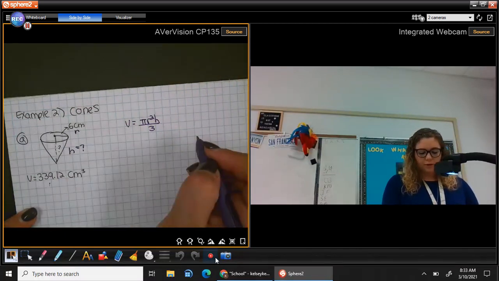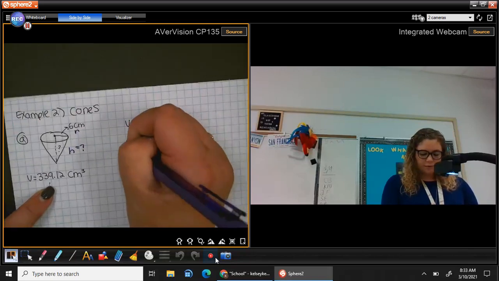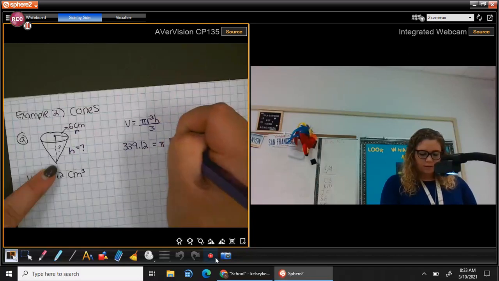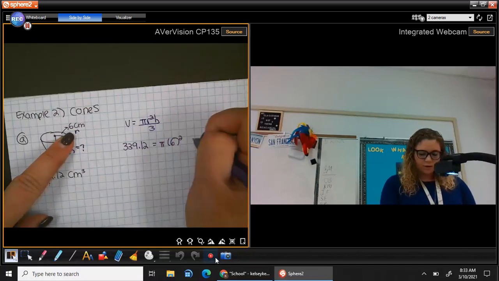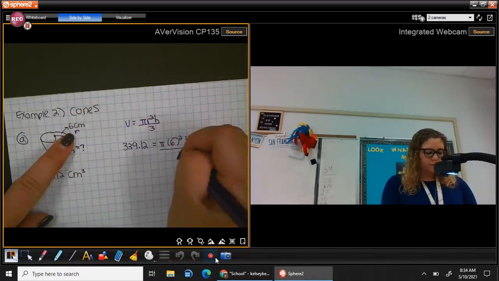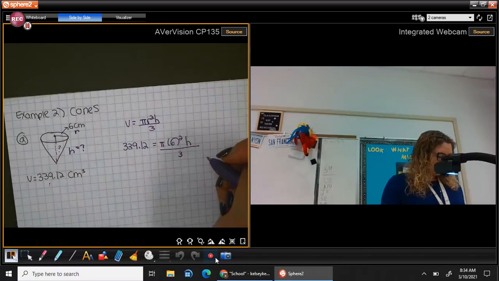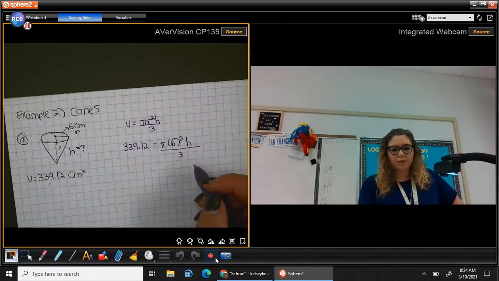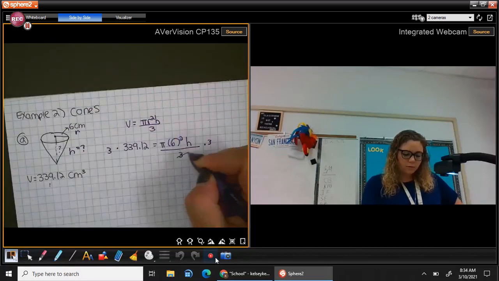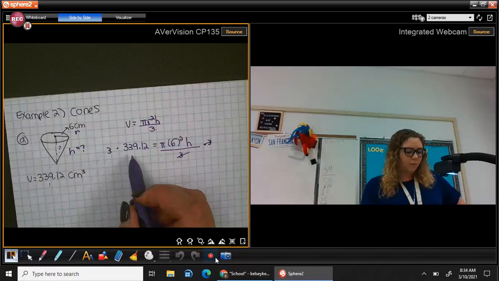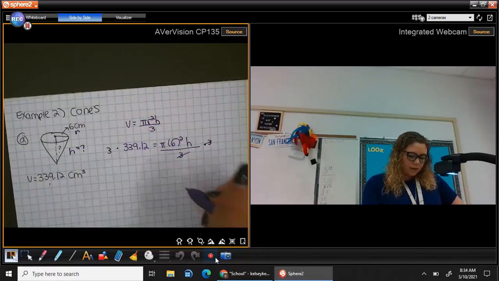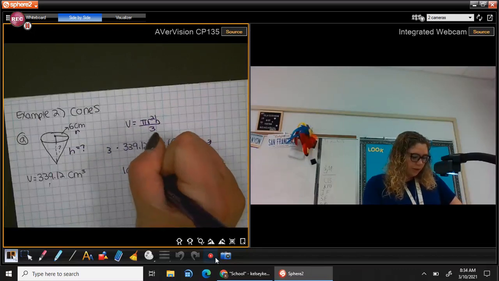So h, we don't know. So I'm going to plug this in for V equals pi. Okay, my radius is 6 squared times my h. We don't know what h is, and that's all divided by 3. First thing I'm going to do is get rid of this fraction, so I multiply both sides by 3. 3 times 339.12. Okay, it's going to give me 1,017.36